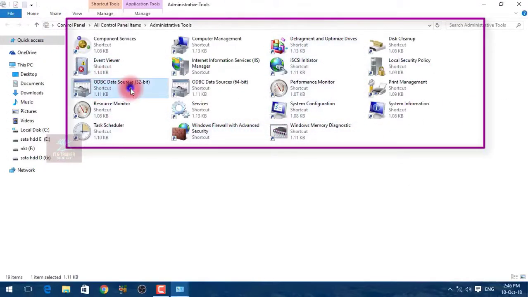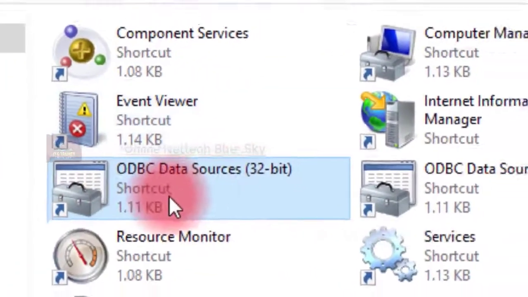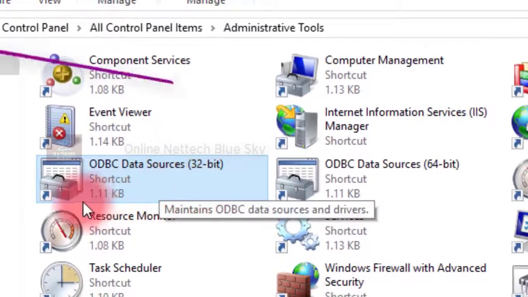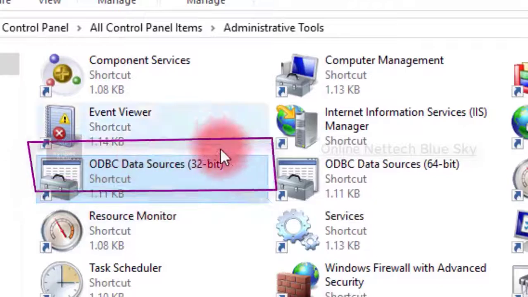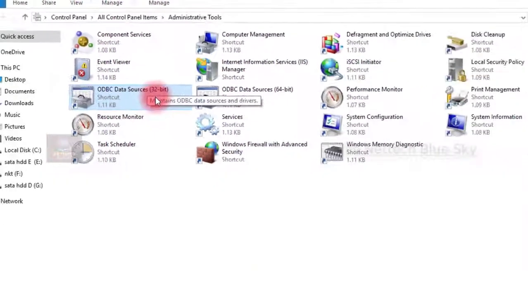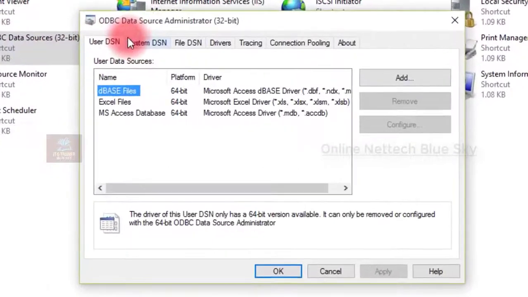So ODBC data source 32-bit, I right click and you can see here ODBC data source and 64-bit inside the control panel, and these options are available. You can see this type, ODBC data source 32-bit and 64-bit.